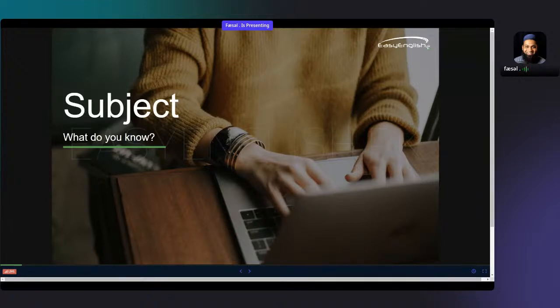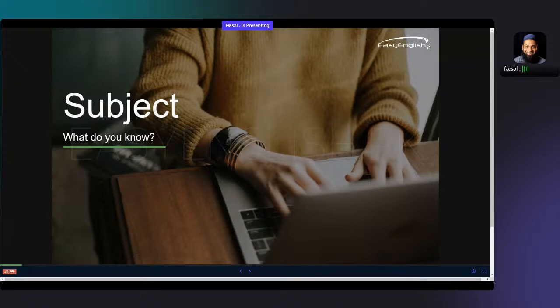Now I have begun receiving your responses. Zubair says a person or thing that we talk about in a sentence. Okay. Azima says doer of an action. Seher says a person who does action. Adil says subject is actually a noun or a pronoun. Yeah, who does some action. Okay, now this is what people usually think,